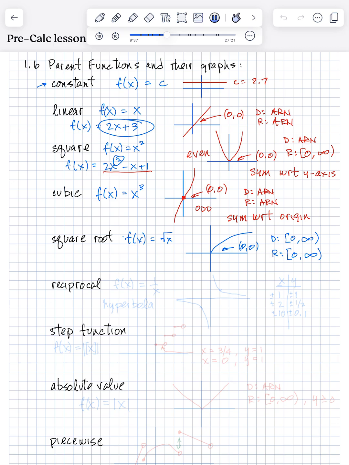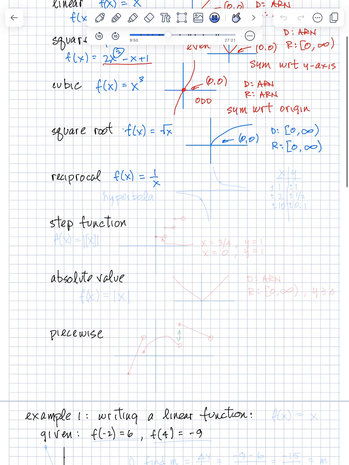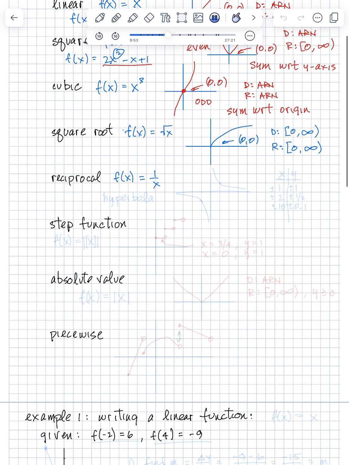Okay, so the next function is the reciprocal. The parent reciprocal function looks like f of x is equal to 1 over x. And in this case, we'll look at the domain, but on the parent function, x can't be 0. It can be negative, it can be positive. And so what this function is going to look like when we graph it,